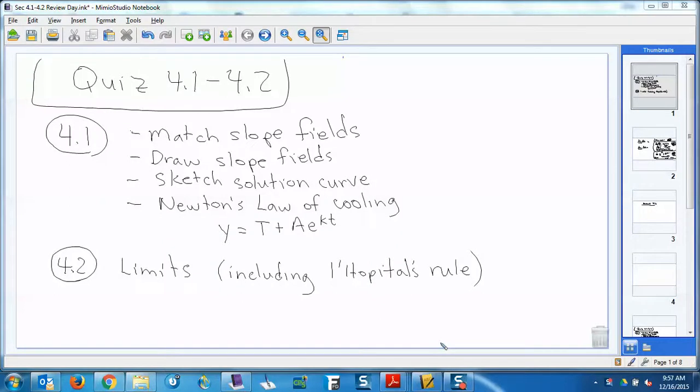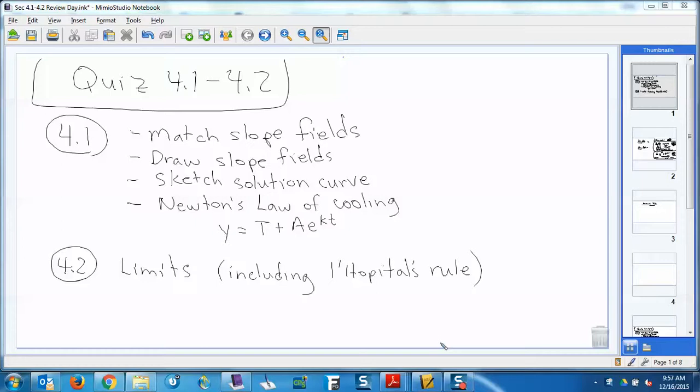Quiz tomorrow. Calculus Carol's on Friday. Should have the quiz graded, hopefully. And so we can go over that real quick on Friday, and then leave some time for the Calculus Carol extra credit thing. So 4.1, we talked about the things you need to know, those 4 things you need to